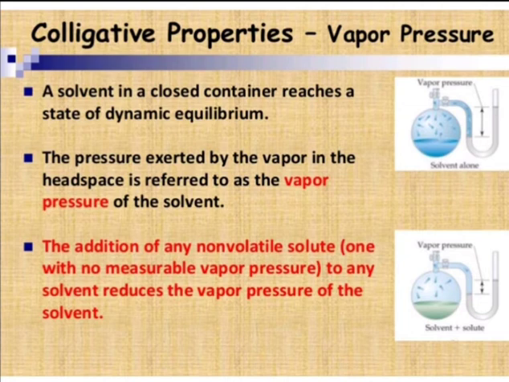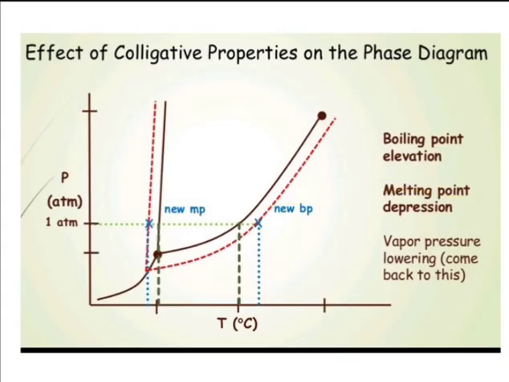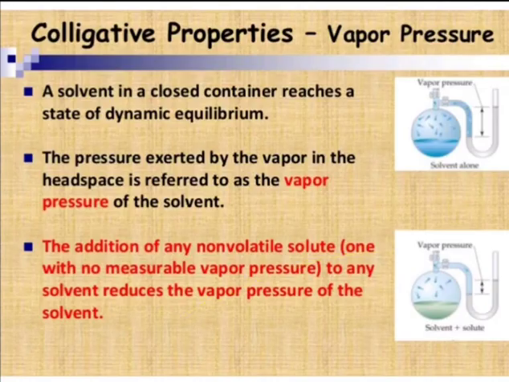Now the last colligative property, last means third colligative property, then another one is there. So here is the vapor pressure. Already we have seen how the vapor pressure is lowered here. This brown line shows the exact initial vapor pressure, but when we are going to add the non-volatile solute to the solvent, vapor pressure will be lowered. This red line shows the lowering of vapor pressure.